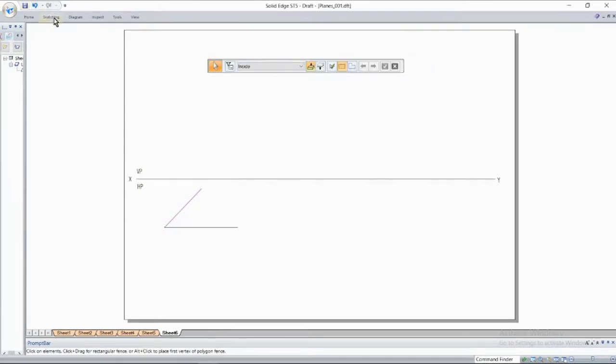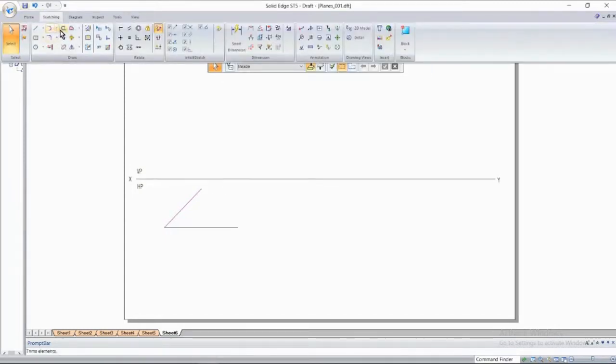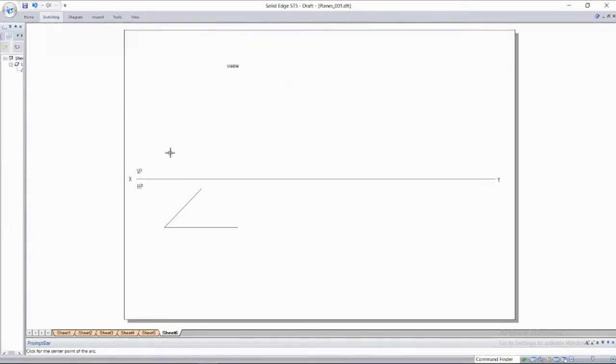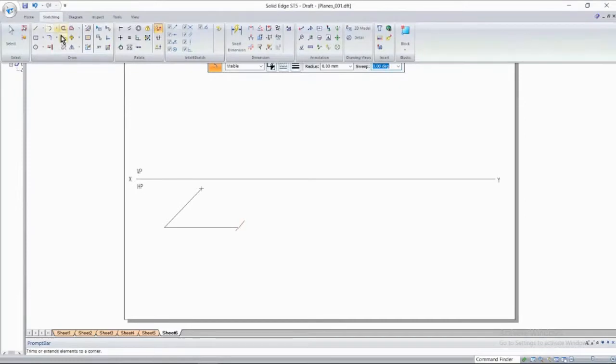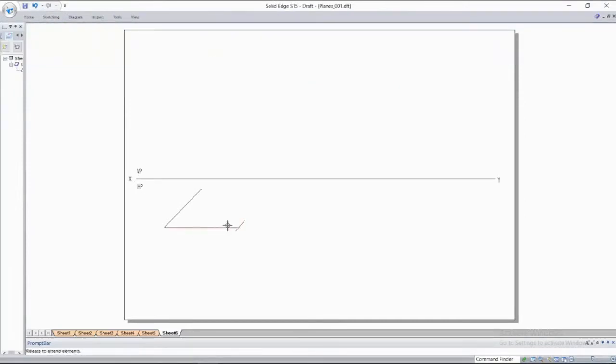Now, how will you complete your rhombus? From here, I'll take 40 mm as radius. Take your compass and cut an arc of 40 here. Let me extend this line.